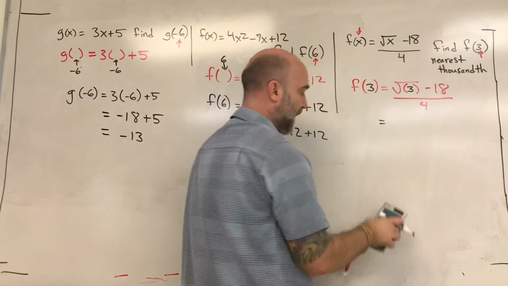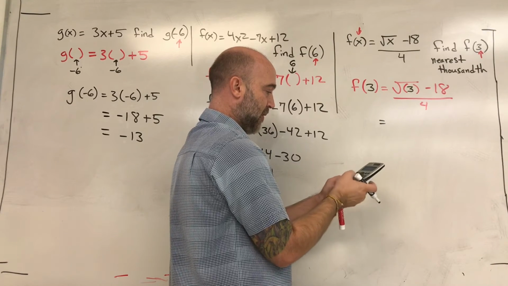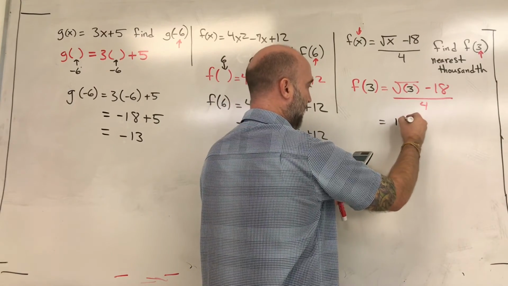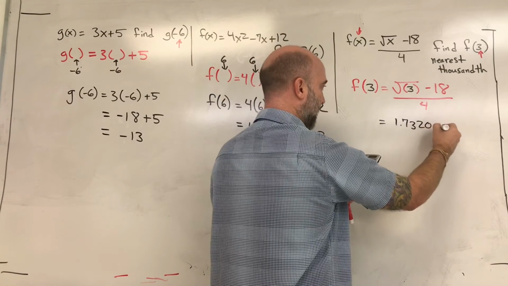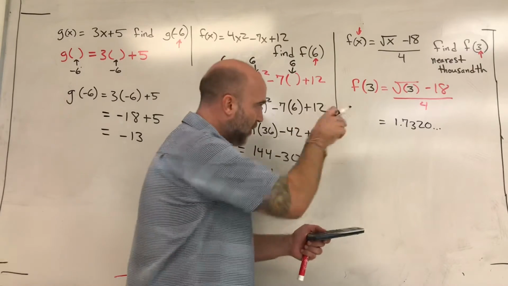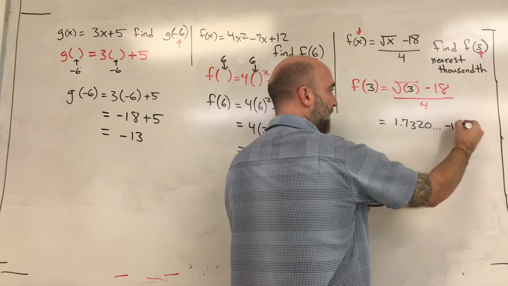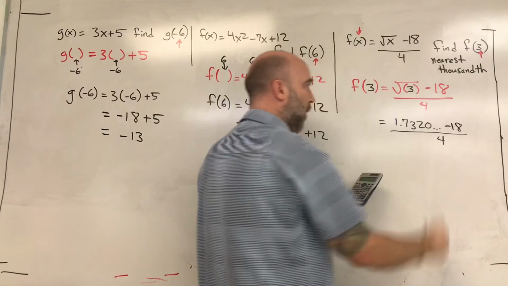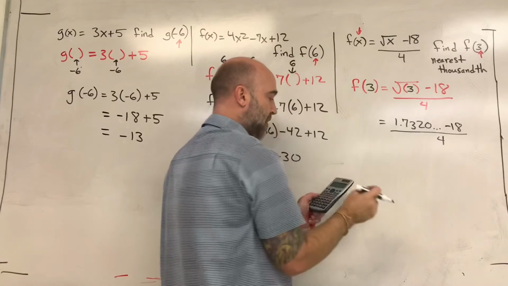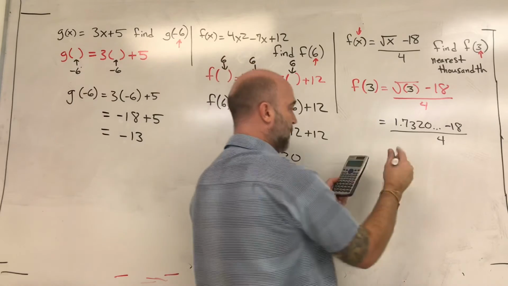The square root of 3, that's irrational, so it goes on forever. The square root of 3 is equal to, as a decimal, 1.7320... One of the rules in math is you only round at the end. You round your answer. You don't round inside when you're doing the math. So I have this number, it's in my calculator, minus 18 all over 4. So this top is what's kind of got separated, so that's what I'll go ahead and combine. So this number minus 18 is equal to